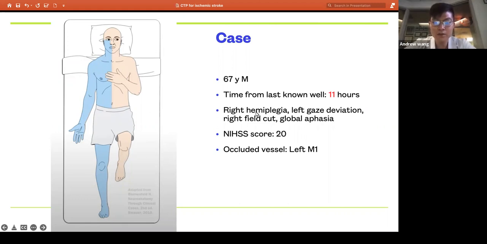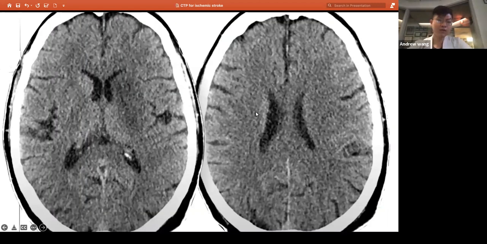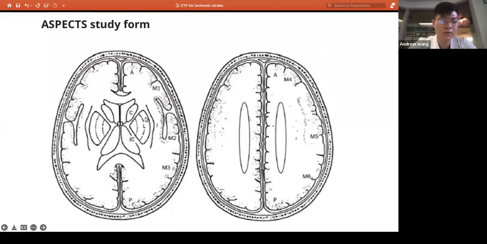On CTA, the occluded vessel is the left M1 segment. So let's look at his CT scan. Could anyone tell me where the lesion is on this CT scan? So how are we going to use this as a prediction for prognosis for our patient? As this is an MCA stroke, we can use the ASPECT score to quantify the severity